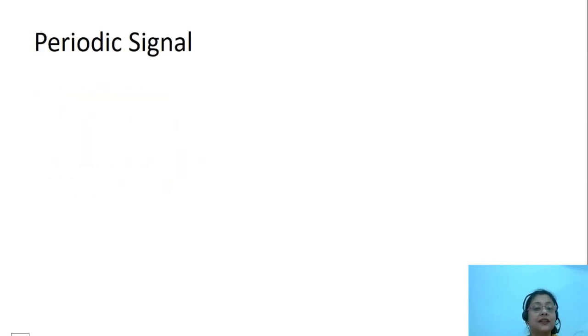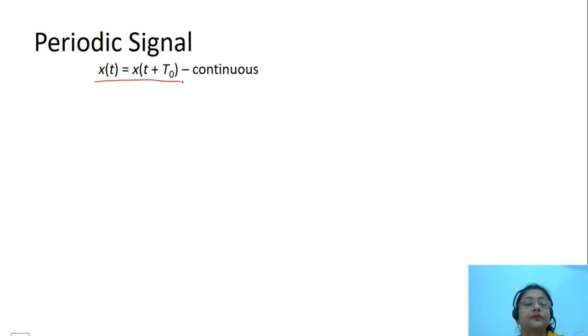A periodic signal is a signal that repeats itself after a definite interval of time. So we can write in mathematical form the periodic signal as x(t) equal to x(t plus t0). And this type of signal is a continuous signal when we are plotting it in the time domain. Now x(t) is a function of time and x(t plus t0) is also a function of time, but this t0 is the smallest time interval after which the signal will be repeating itself, and this t0 is known as the periodicity